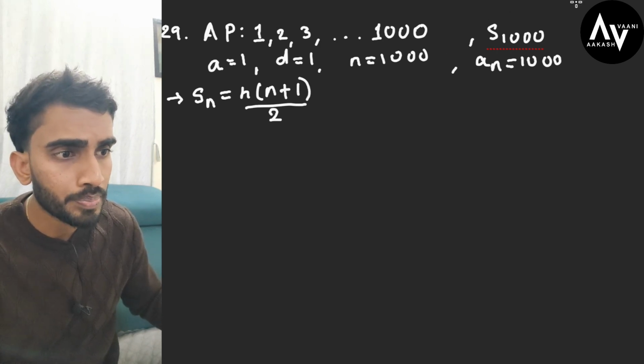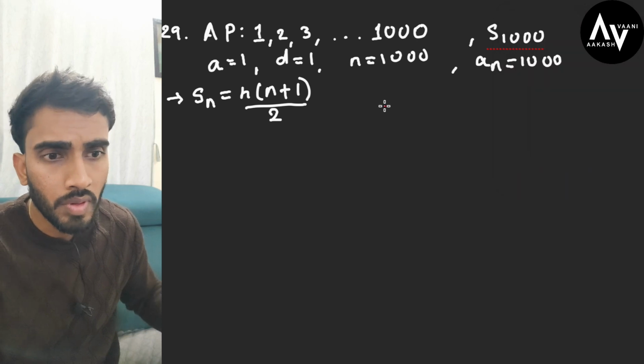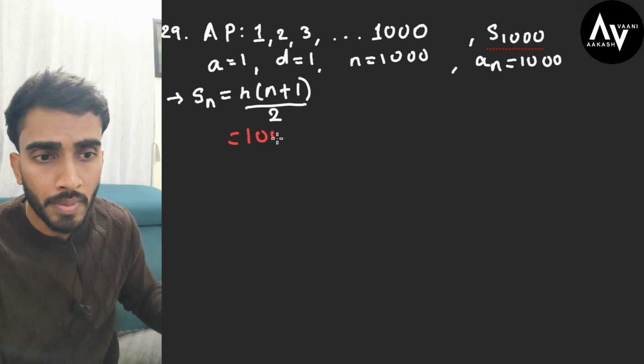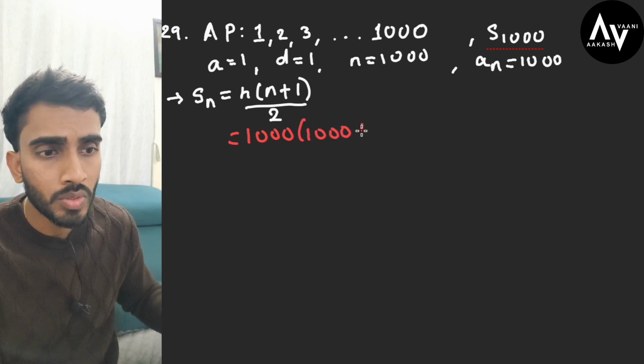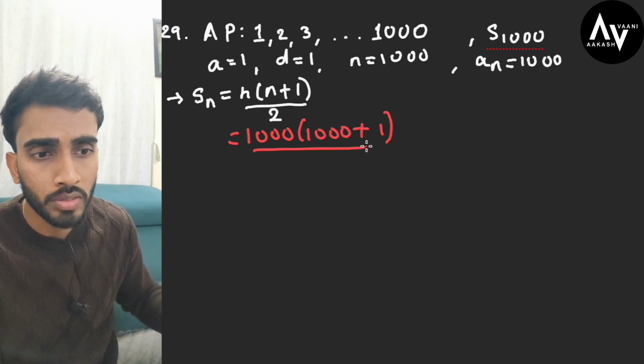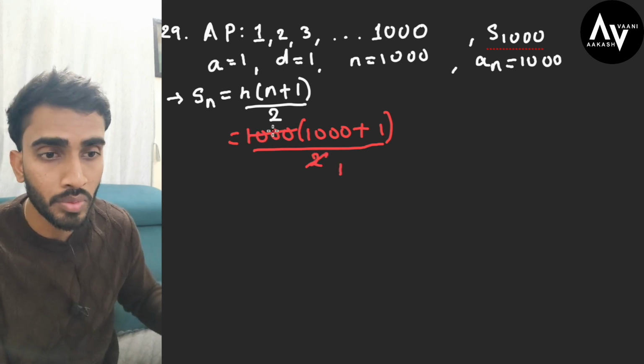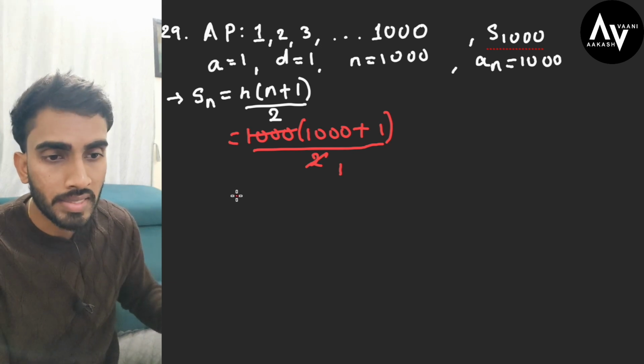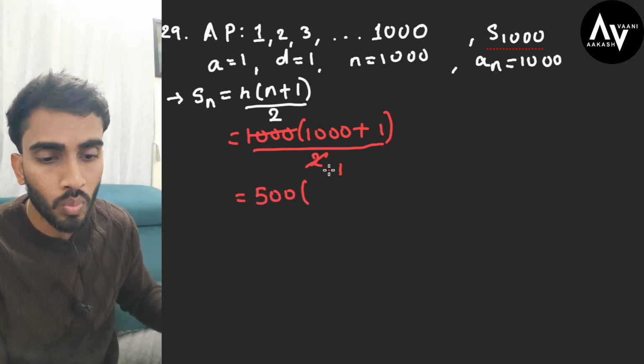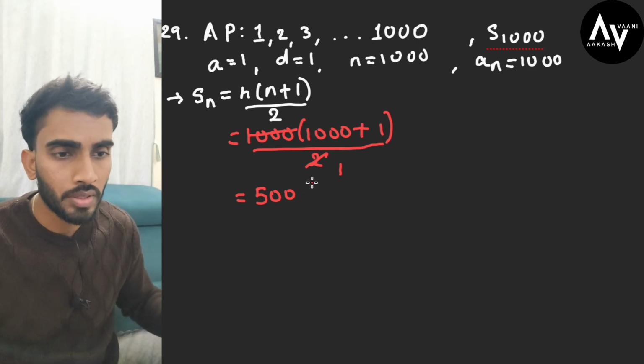So here we will put the value of n is 1000 into 1000 plus 1 upon 2. So this 2 ones are 2 and this 1000 will be cancelled by 2 and it will become 500. As a result, we will have 500 into 1000 plus 1